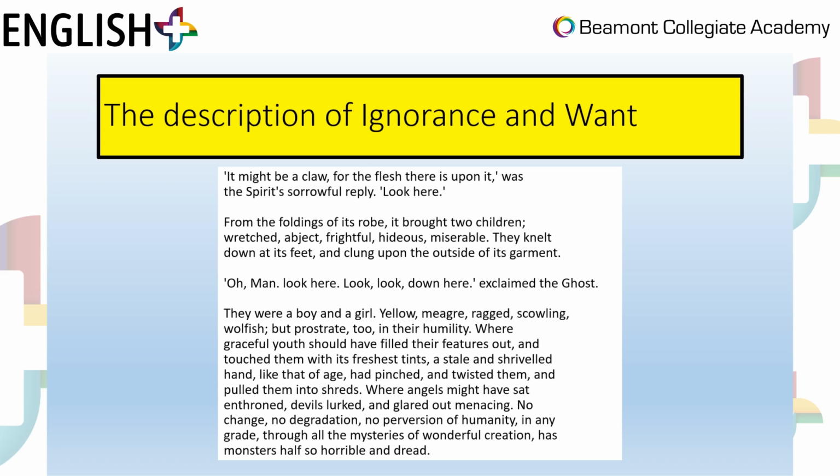And what you will be looking at, I think, is the significance that Dickens chooses to present them as children, because these children are the future, children are the next generation, and also children are vulnerable, aren't they? You've got the juxtaposition of youth and age, and think about that quite graphic, stale and shriveled hand